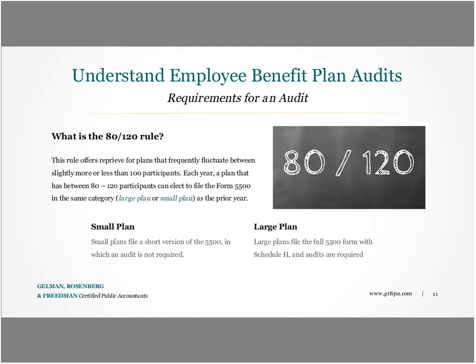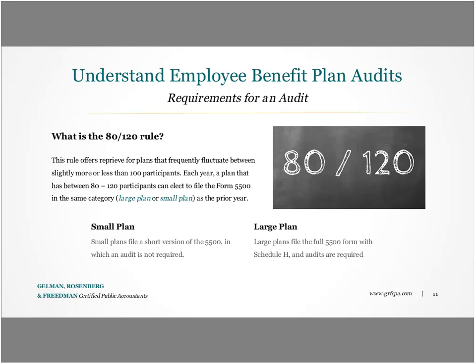So with that, let's say that you have a plan that usually fluctuates somewhere between 80 and 120 employees, roughly. There is this rule out there called the 80-120 rule, which you may or may not have heard of. And that could potentially be an exemption for you for an audit requirement. So what happens is, if your plan goes between 80 and 120 employees over various plan cycles, various years, you